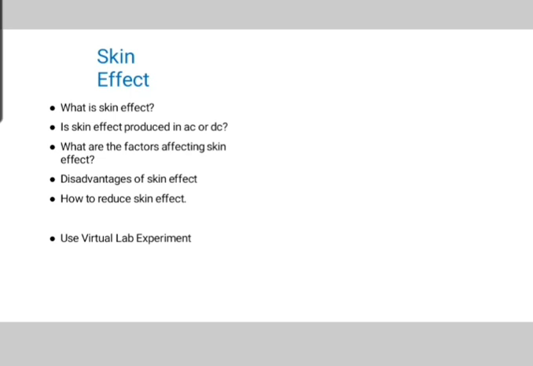So current in a conductor produces a magnetic field in and around the conductor. Now when the intensity of the current in a conductor changes, the magnetic field also changes. The change in magnetic field in turn creates an electric field which opposes the change in the current density. This opposing electric field is called counter electromotive force, that is back EMF.